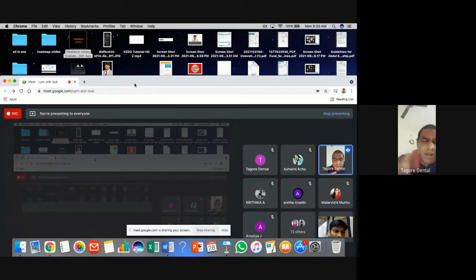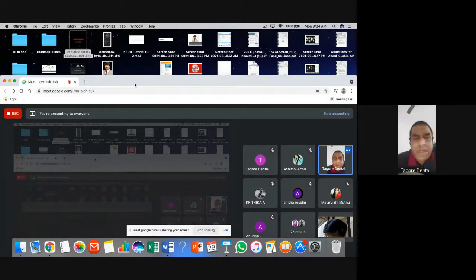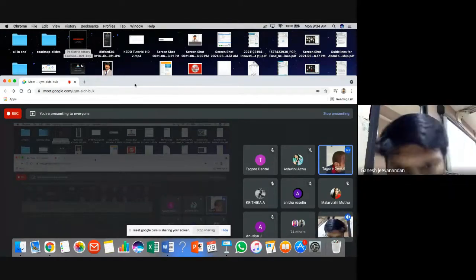Another last question. Yes, sir. When I am doing K file instrumentation, I use a safety margin 1 mm shorter than the root length, because of over extrusion of the debris beyond the root canal. Do you recommend keeping a safety margin of 1 millimeter in rotary files also? Yes, sir, definitely.